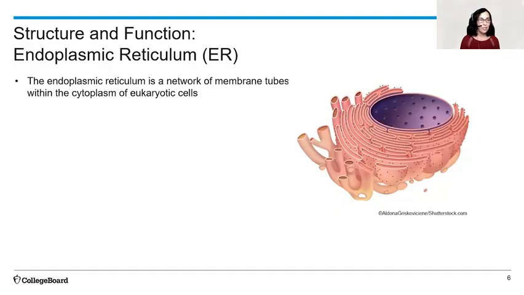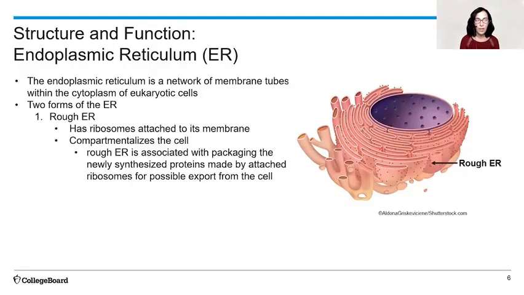So here we have the endoplasmic reticulum, or the ER, which is a network of membrane tubes within the cytoplasm of eukaryotic cells. And there are two forms of the ER. You can see here we have the rough ER, which in the image, notice it's studded with little dots. Well, those dots represent ribosomes, which are attached to the membrane of the rough ER. And the rough ER compartmentalizes the cell and is associated with the packaging of the newly synthesized proteins made by those attached ribosomes for possible shipment to other parts of the cell, or even for export out of the cell